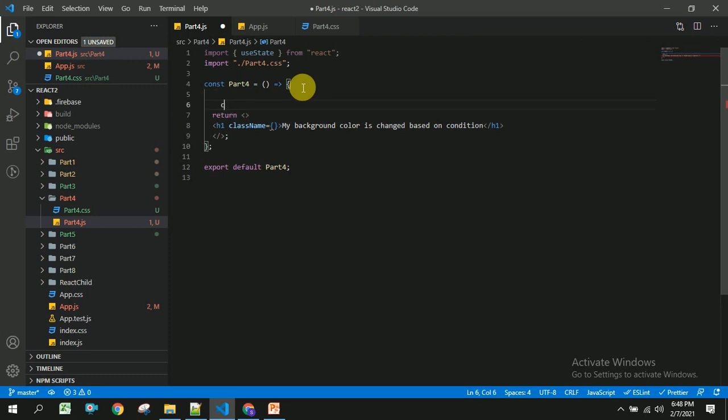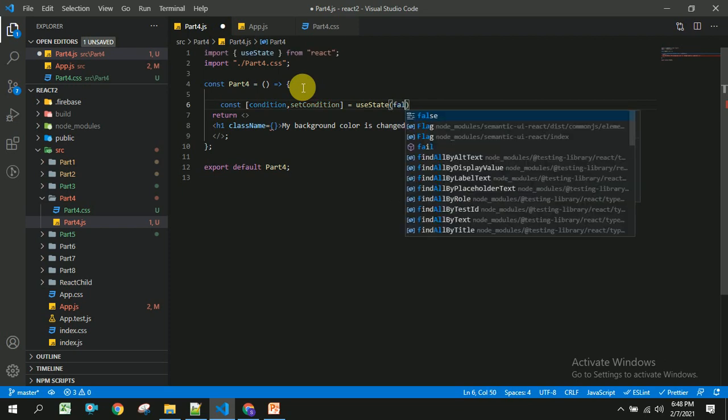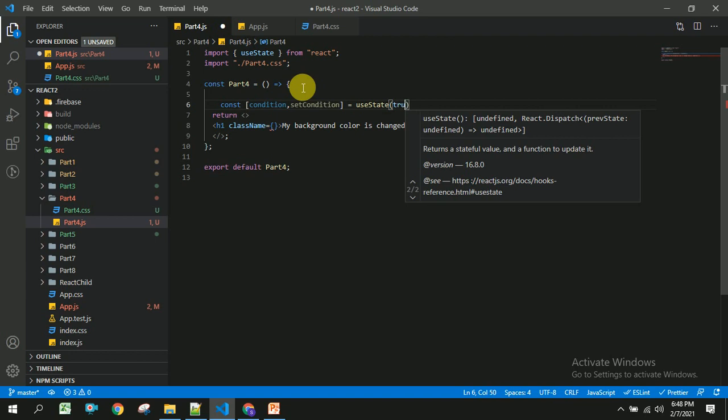For this I am going to create a variable by using useState called condition and setCondition equal to useState. As this is a functional component, I am going to use useState, and the default value for this is true.